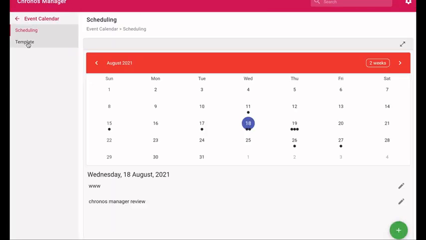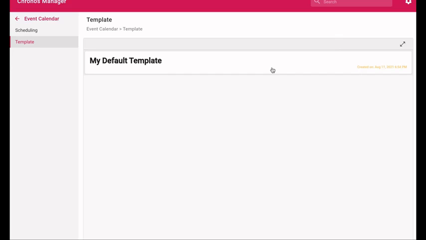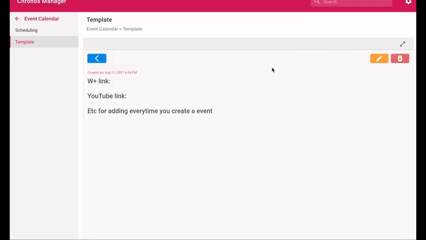So my suggestion is first create a template, because template is very important, which will improve your time efficiency in always typing the things in the description. So what this template basically does is it will create a base description. Let's say for example, you have your Warrior Plus link. Once it is approved, you have to paste it. Every time when you are scheduling a calendar, you have to go and you have to type all these things. Instead of that, we are creating a done-for-you template, which means you have